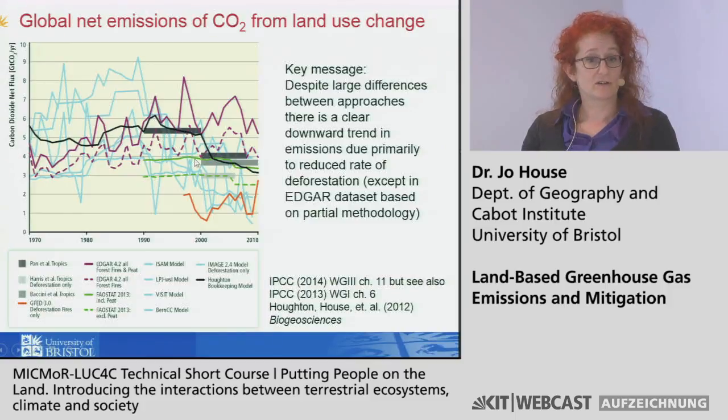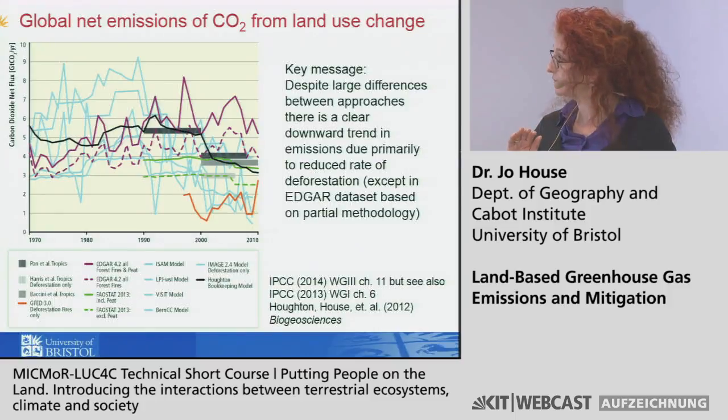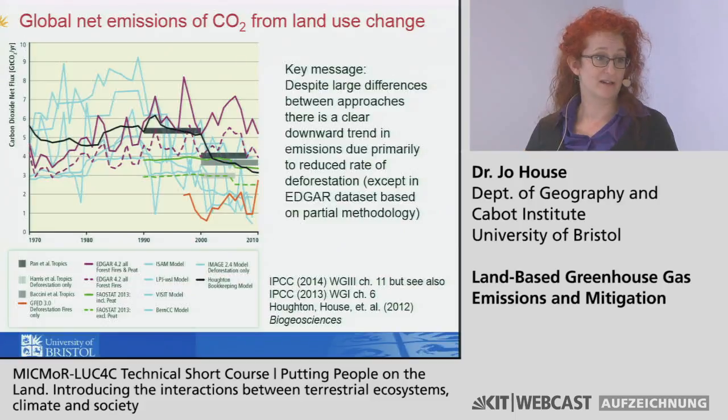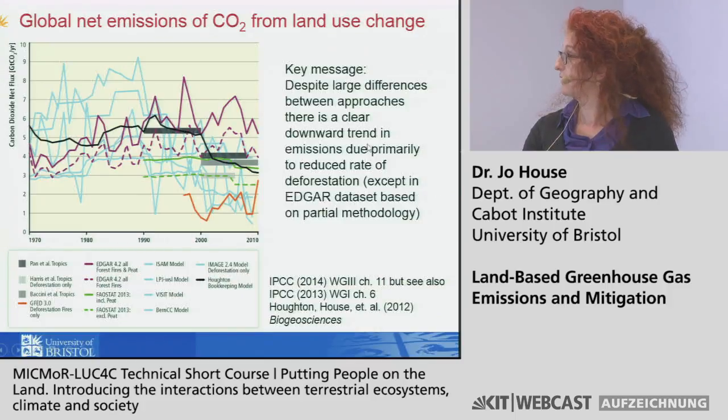This is Baccini et al., and this is quite an interesting progress in data and estimates that's happened in the last few years. This is based on satellites. So you've got satellite land cover data. I'm sure lots of you are familiar with the Hansen and other products where they've looked at satellite-based land cover change. Then there are also new methodologies for measuring tree biomass from airborne sensors. And so you can combine the satellite land cover change with the biomass to come up with land use change emissions. And that's what they did in the Baccini paper.